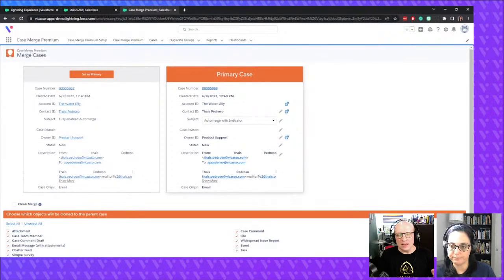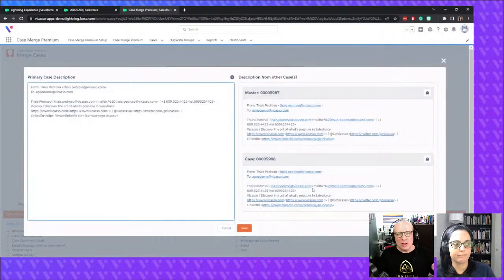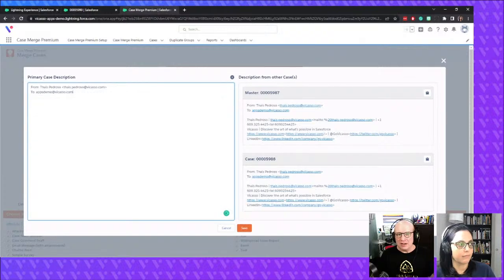Something that I think is really important about this, when you are manually merging, is being able to edit fields as you go. This allows your team, rather than having to reference both cases and then figure out which fields are what, to pick which subject they wanted. They could even say, all right, I want to grab different pieces of the different descriptions. I can absolutely do that here, copying and pasting from both cases,